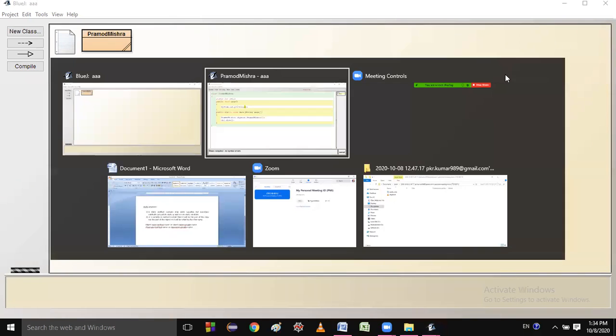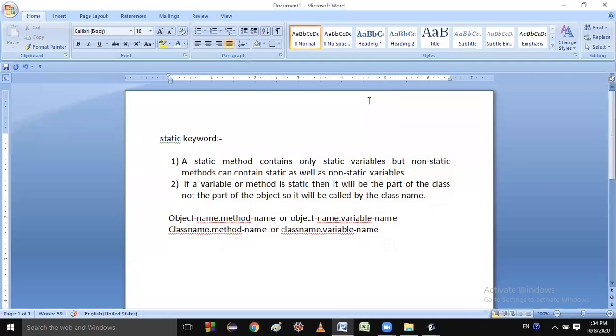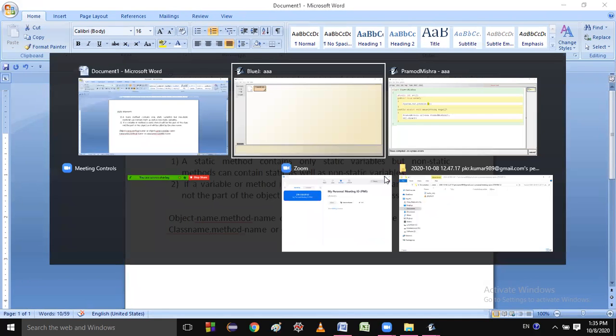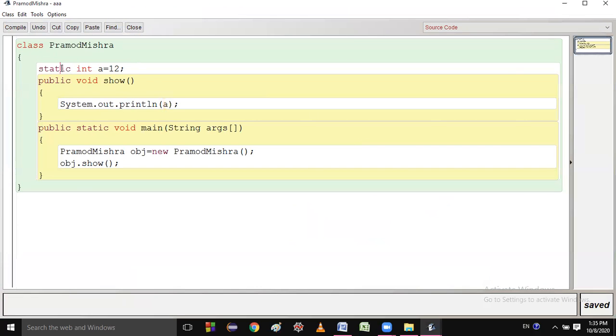So students, what was the first concept? A static method contains only static variables, but a non-static method can contain static as well as non-static variables. So this is a static variable and this is a non-static method. I am putting a static variable in a non-static method.